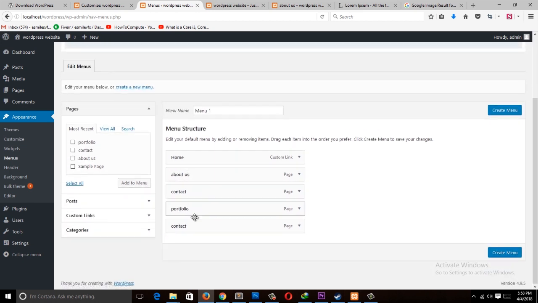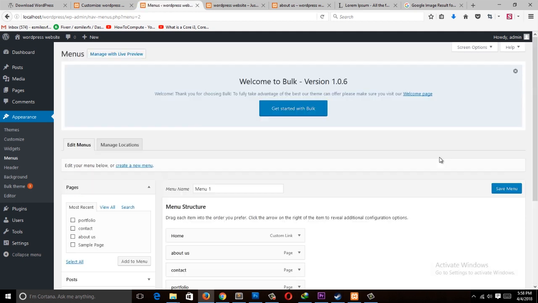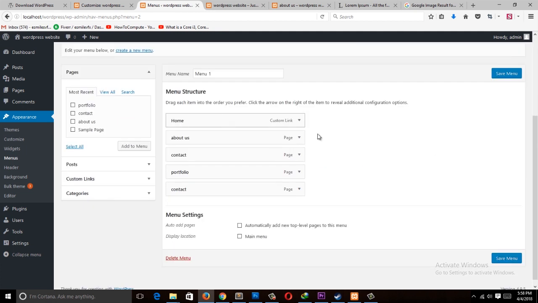So home, about, contact. You can also rearrange this. Maybe if you want the contact us to be the last, let's first preview the menu. This menu hasn't been created, so we need to create it here by clicking on create menu. So let's create that. Now the menu is created, but we need to decide where the menu